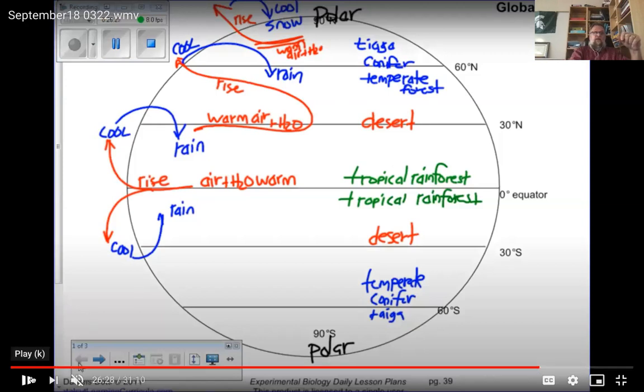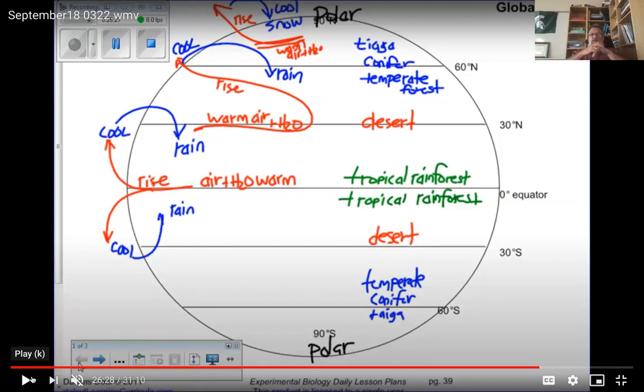And so it's no accident that the earth looks this way. Each of these regions has different precipitation and different temperatures. Therefore, each of these regions has led to different adaptations by different organisms, and thus you have many different species